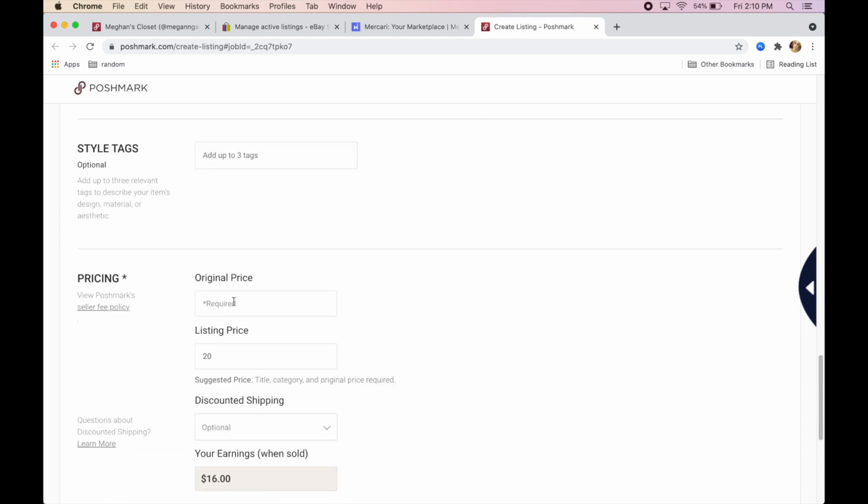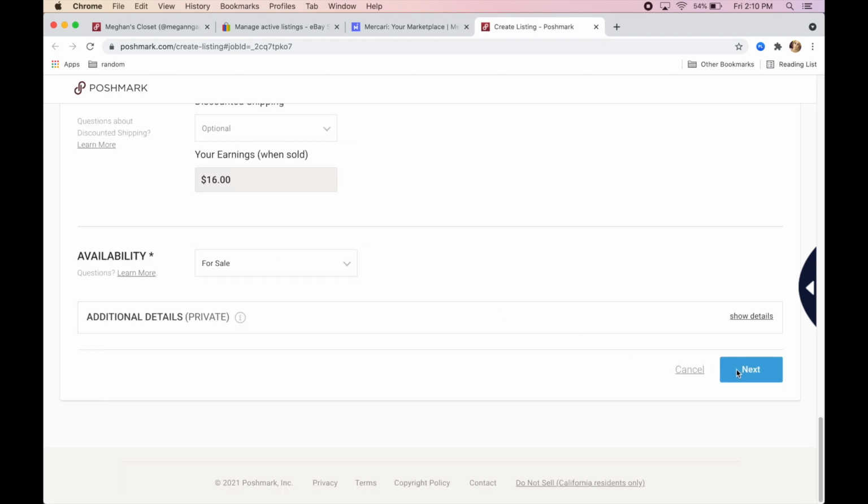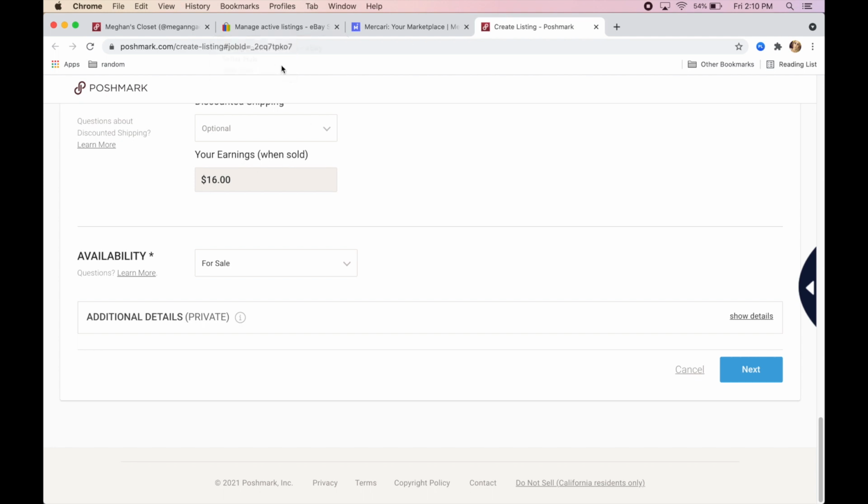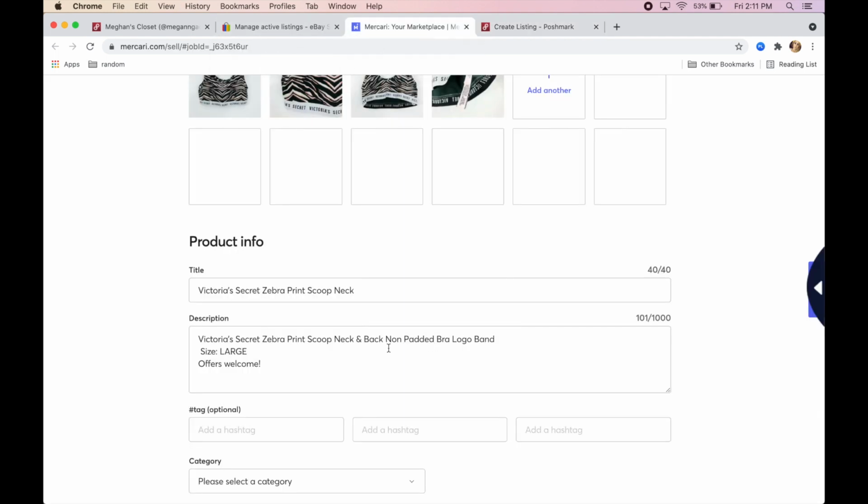And then you can select your colors, 0, 20, and then next. And then you would hit list, but this item is already listed in my closet, so we're not going to redo that. But then we go on to Mercari. Now, Mercari doesn't give you the full title. That's just because Mercari, the website itself, is not going to let you write anything beyond 40 characters, so it doesn't work. So you just kind of have to edit the title yourself, and I'll just do